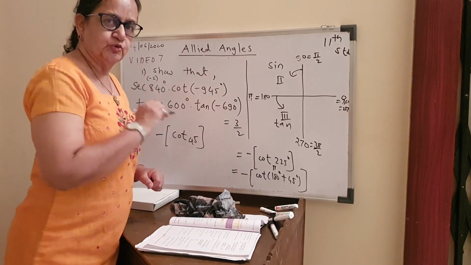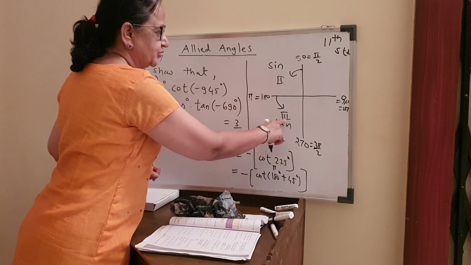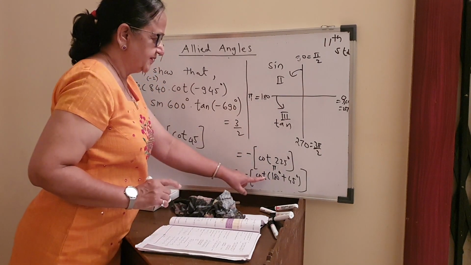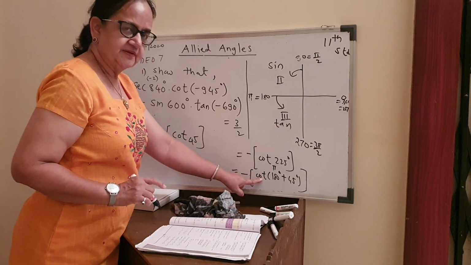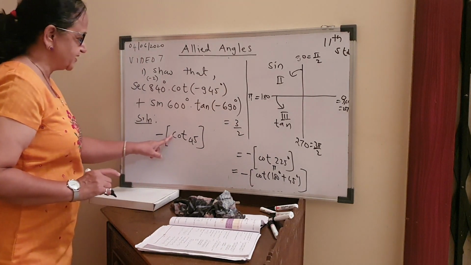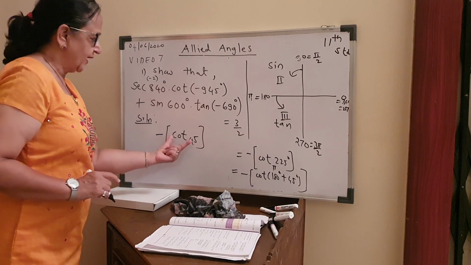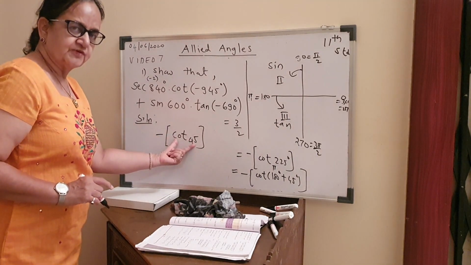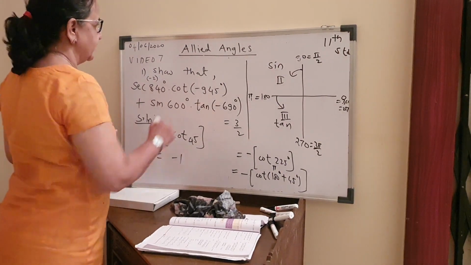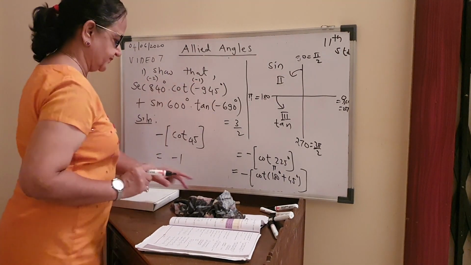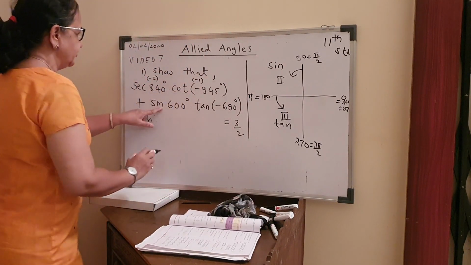Go for step number 2. Pi plus quadrant. Pi plus, I come to the third. In the third, tan is positive, cot is positive. Given is cot. That is positive. So my final answer here should be positive. Already this minus sign is outside, which I am not disturbing. And you know tan 45 is 1, so even cot 45 is 1. So this answer I got is minus 1. I'll write it on top here. Minus 1. Next, the third value: sine of 600.